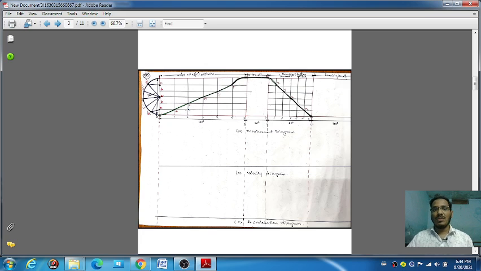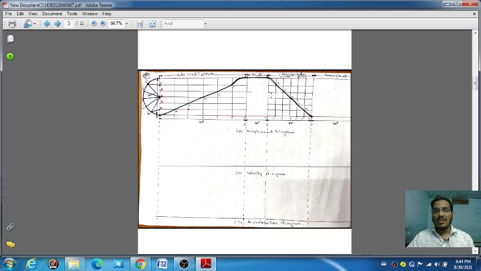From this point the follower will move like this to go to the highest point from here. And then after that the follower will move here. The constant period of time, for a particular distance of 3 centimeter, or in the rotation motion 330 degree.